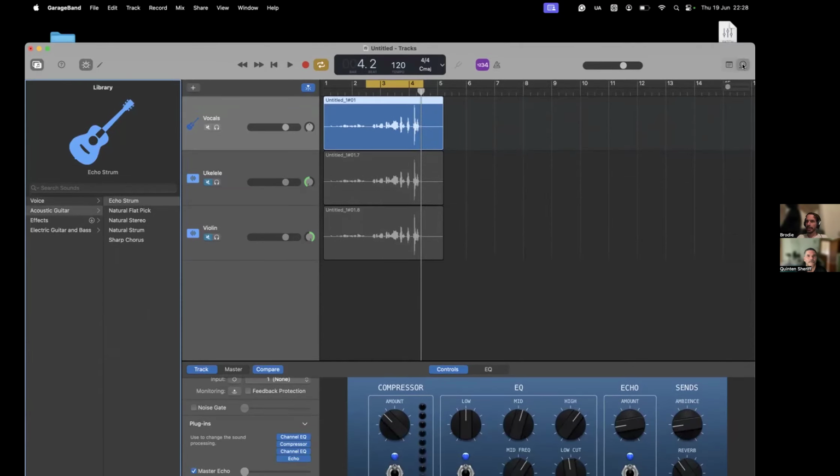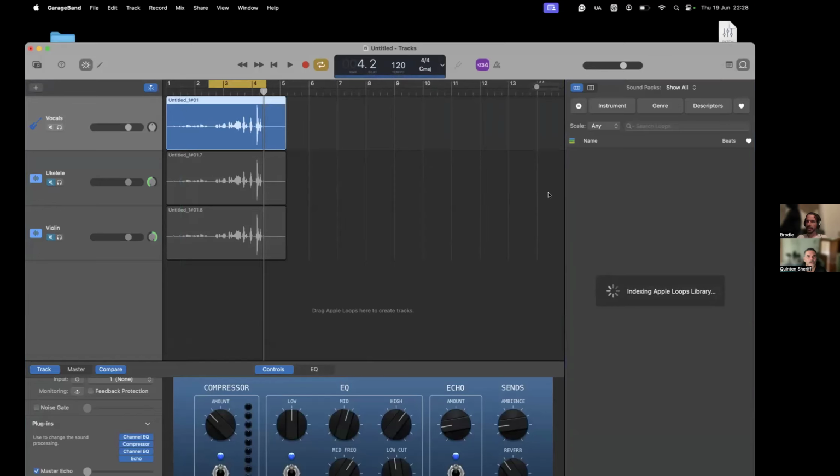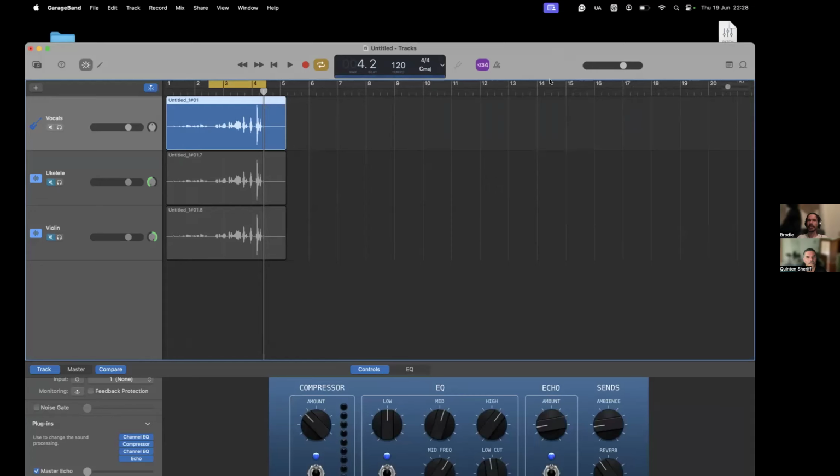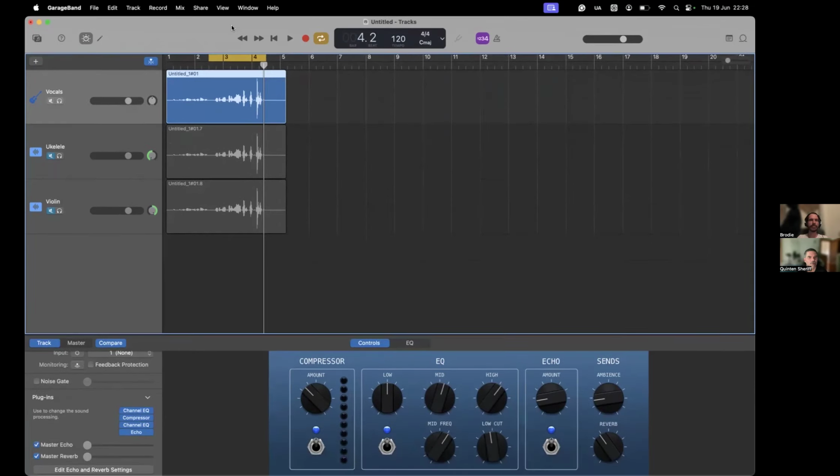There's this loop button. I don't know if I've got any that I could have showed you with. I didn't think of that, sorry. I don't think I have them loaded for GarageBand. Oh, that's fine. This is probably a good start because